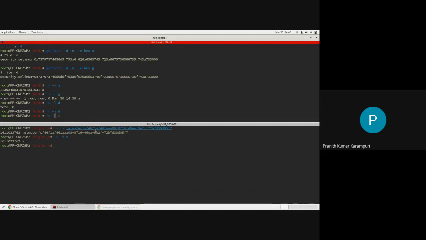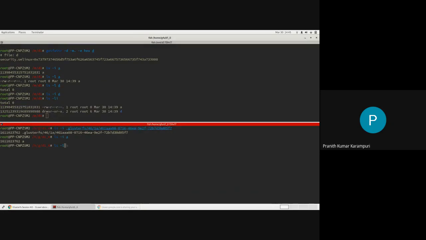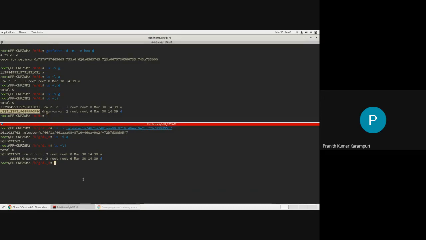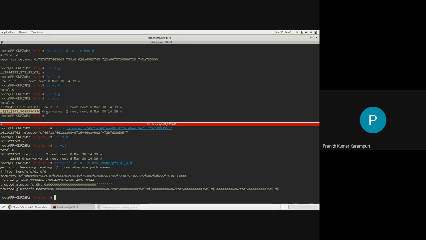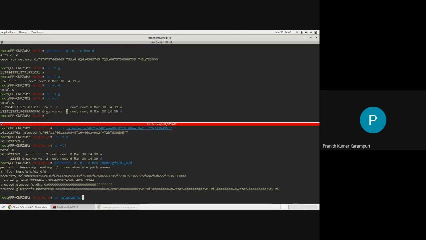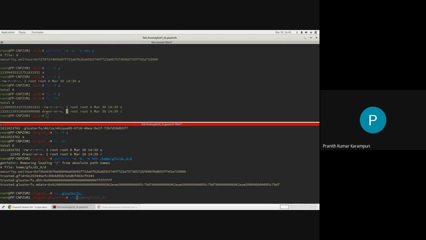Okay, I think it is. Let's look at this. So it's a similar concept here also. You will see that the inode number is different for the directory compared to the one on the mount. But the rest of the things will be similar, meaning this also will have a GFID. The interesting bit is the number of links. Okay, there is no change here and here. That is because if you look at this .glusterfs